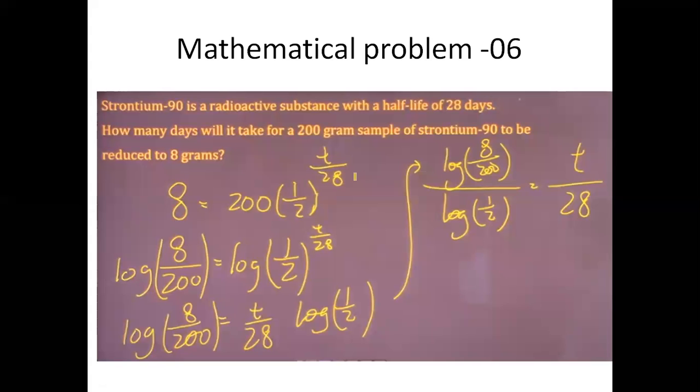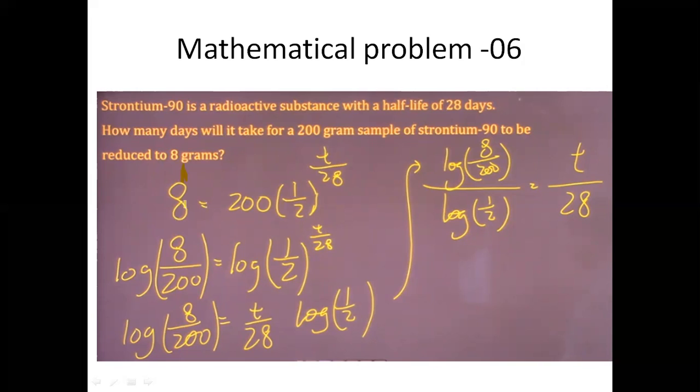Another problem: strontium-90 is a radioactive substance with a half-life of 28 days. How many days will it take for a 200 gram sample of strontium-90 to be reduced to 8 grams? We have the equation N equals N naught times half to the power t by t half, and by this equation we have the equation that is N is here,